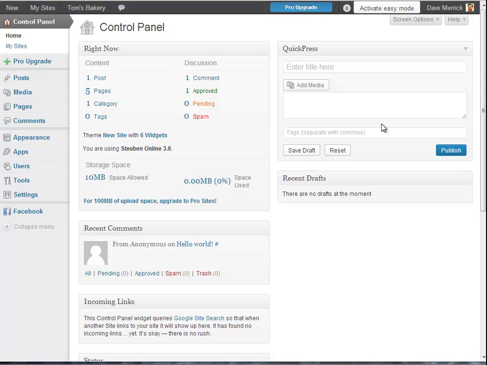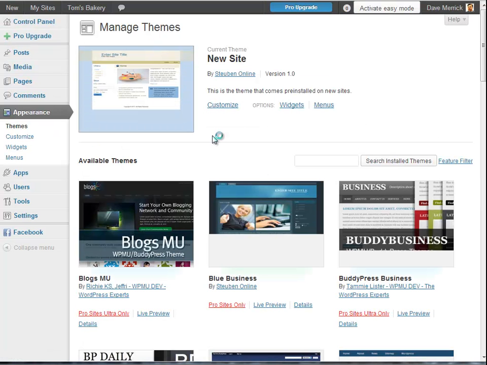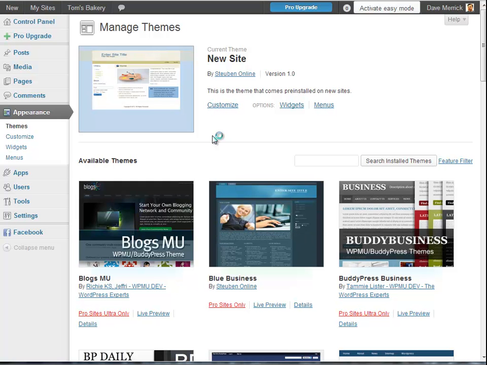You can do almost anything you want on the site, and this is the interface that you want to do that. If you want to change it over to more of a traditional web page with a static front page, you're going to click on Appearance, Themes. Themes control how your entire site looks. Right now, we're using a theme called New Site. New Site is a theme that comes on every brand new site. If you click on Customize,